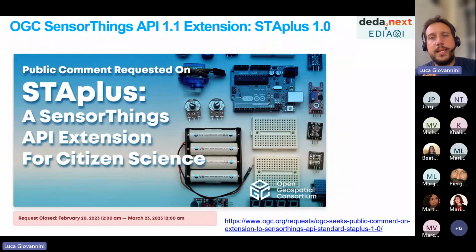with just one implementation of SensorThings API, the municipality or the local administration can collect data from different sources and show them separately by source, which sometimes is useful.